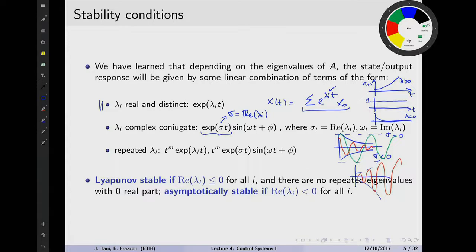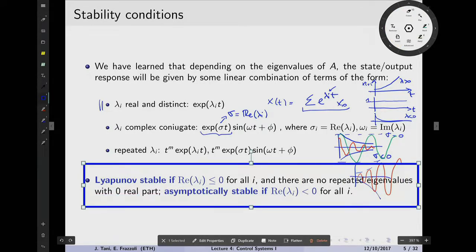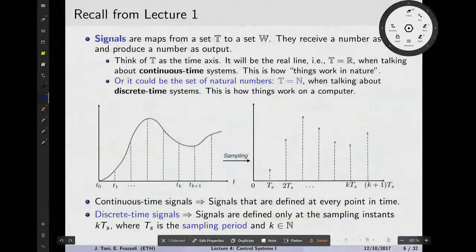So what's the conclusion? And the conclusion here is really important: if you want to check the stability of the system, calculate the eigenvalues of the A matrix. If the real part of these eigenvalues is less than or equal to 0, then you're game. The system is stable. All of them must be less than 0, the real parts. If at least one is equal to 0, then you don't have asymptotic stability, but you still have stability. If only one has a real part that is bigger than 0, well, the system is unstable.